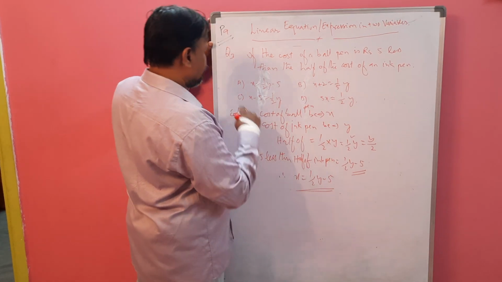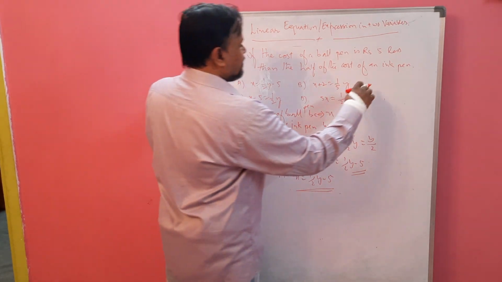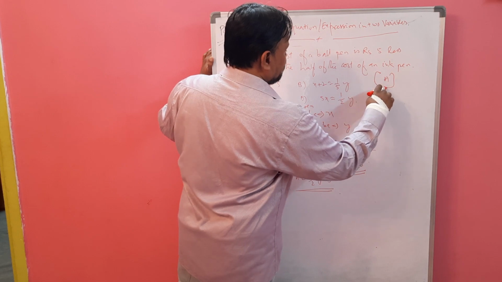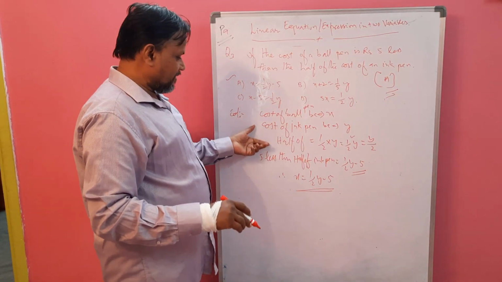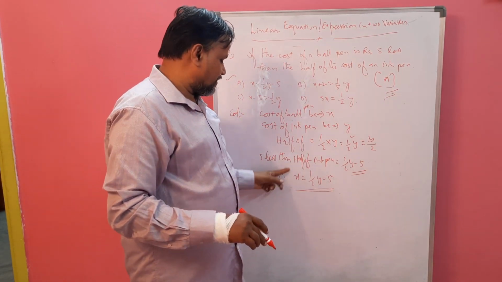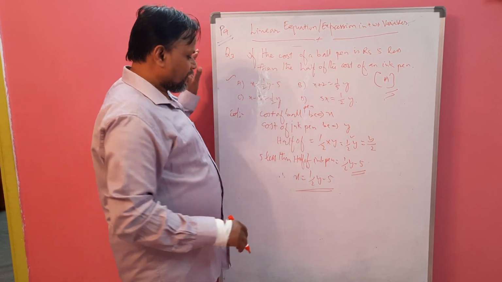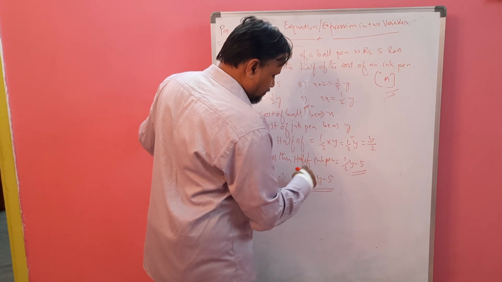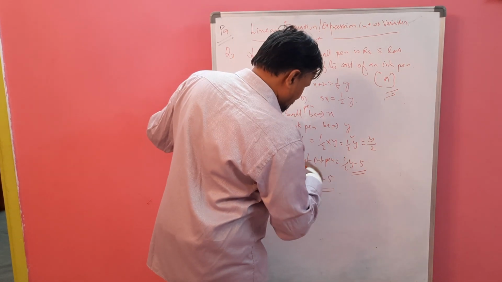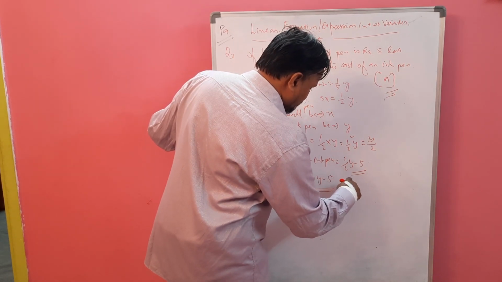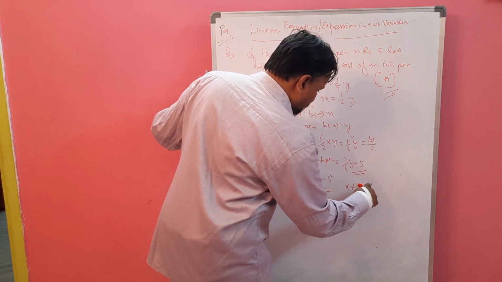Where is that? First bit. So A is our solution. So like this, these are the steps we have to follow and get the equation. If this is not there, then move the values and you will get a different equation. So this is nothing but x plus 5 equal to half y.